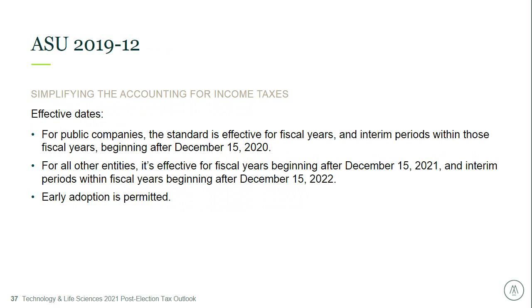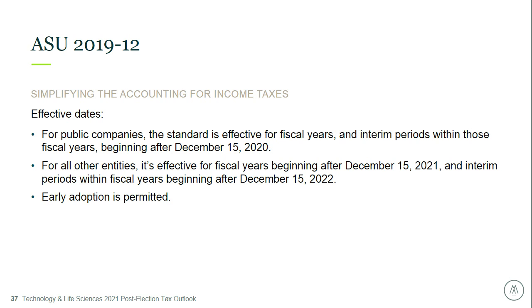Next, it's important to keep in mind that the FASB issued Accounting Standards Update 2019-12, simplifying the accounting for income taxes by removing certain exceptions to the general principles in ASC 740. For public companies, this will be effective for fiscal years, and the interim periods within, beginning after December 15th, 2020. If you are a public calendar year-end company and haven't already adopted, this would make Q1 of 2021 the first